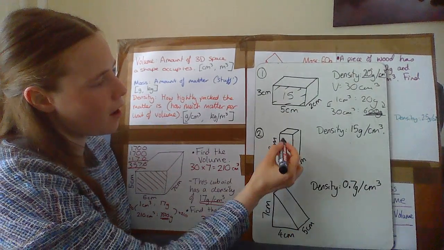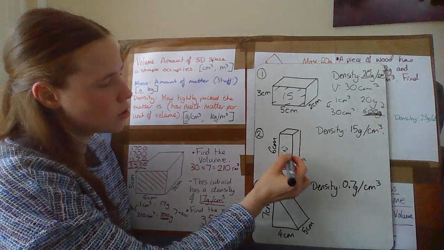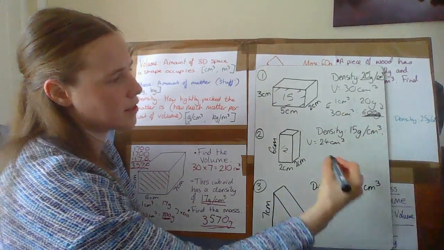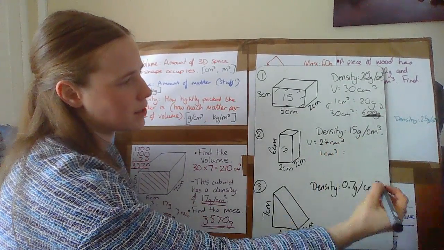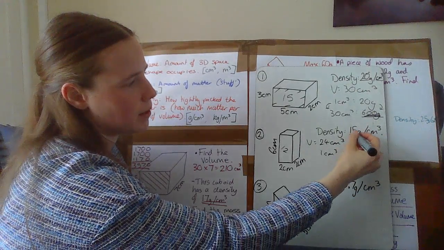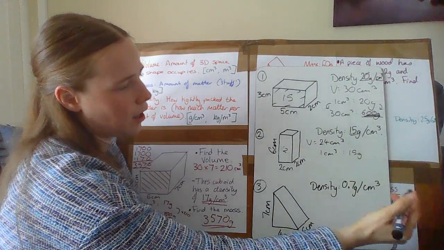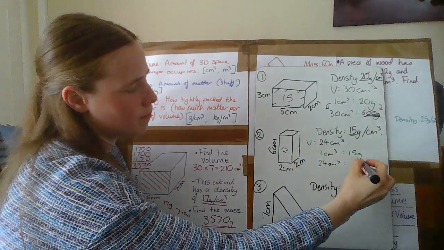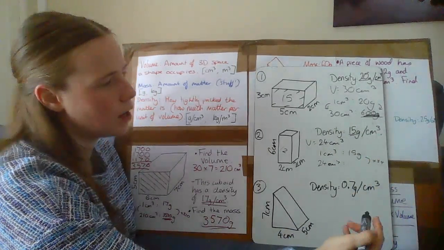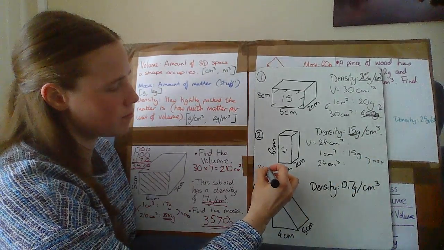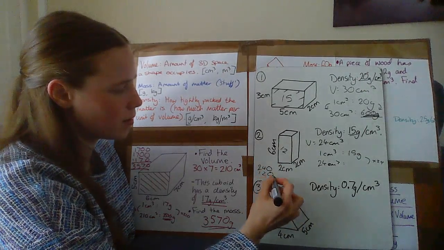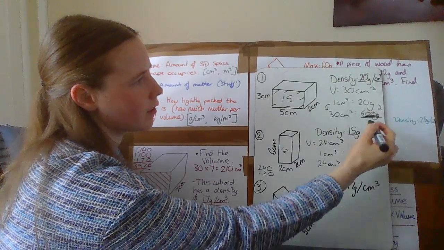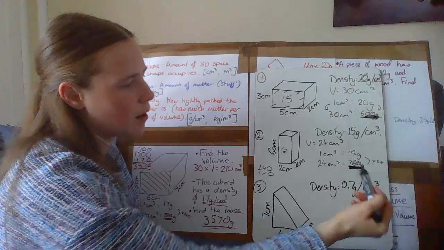For the next one, the area of the cross section here is 12. 12 times 2 is a volume of 24. Now the density tells us that 1 centimetre cube of matter, 1 centimetre cube of shape gives us 15 grams of matter. Okay, so I'm going to times by 24 to get the volume that I want. So 15 times 24, and again you can do 24 times 10, 24 times 5, and you'll get 360. That is the mass. Okay, so we've got a mass of 600 for the first one, a mass of 360